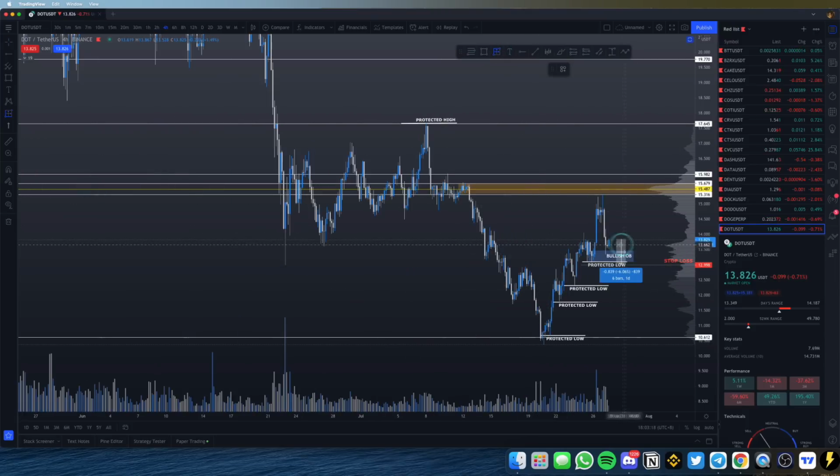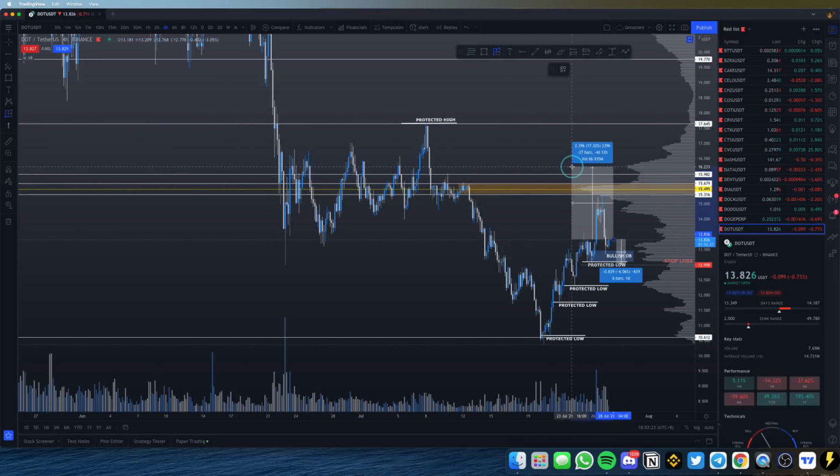But anyways, as I was saying, the reason why I would suggest this entry, although it's not the most ideal, honestly, this is not the most ideal entry, but we missed the train already. So this is the only thing we can do right now. So the price target for this move is at least back to $16, if we do go long there. And the reason I've already explained is because this is where the protected high is. During a bullish trend, we will look to see for price to attack previous highs. So that could mean the price will go back up to $16,